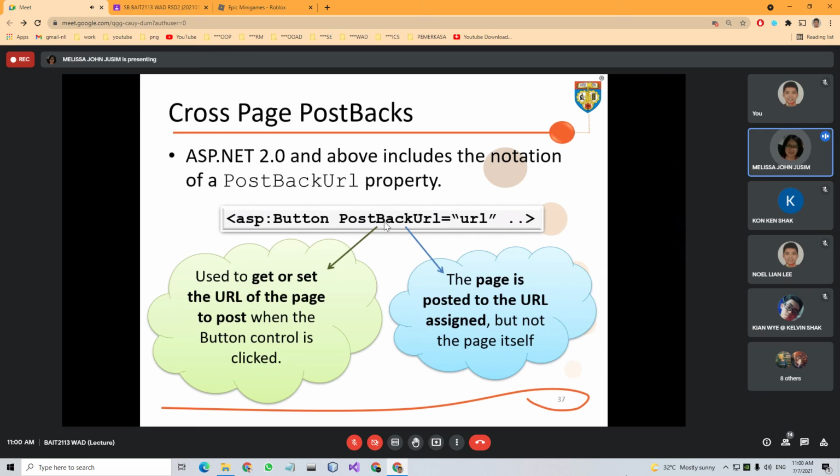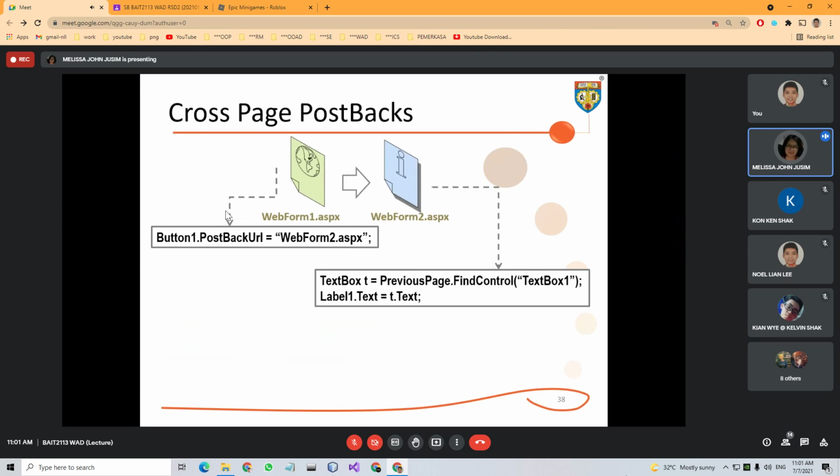We will use this attribute to get the URL of the page to post when the button is clicked, because we are dealing with a button. The page is posted to the URL assigned. A very good example is given here.